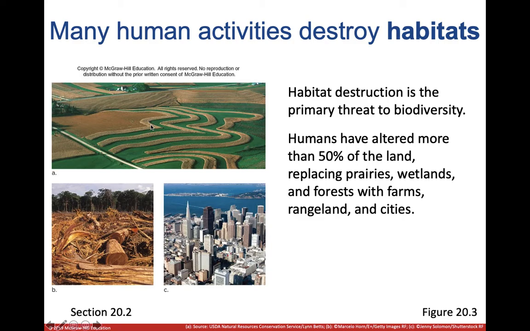Animals need places to live too. And unfortunately, when we need places to live, we often don't really much care about where the animals live, and we just kind of go in and take it. Or if we need a place to grow crops, we're just going to plow through the forest and put our crops there. Or we're going to plow through the forest and put our house there. Or plow through the forest and put a city there, drain the swamps. New York City used to be a giant mosquito-infested swamp, same with Washington, D.C.